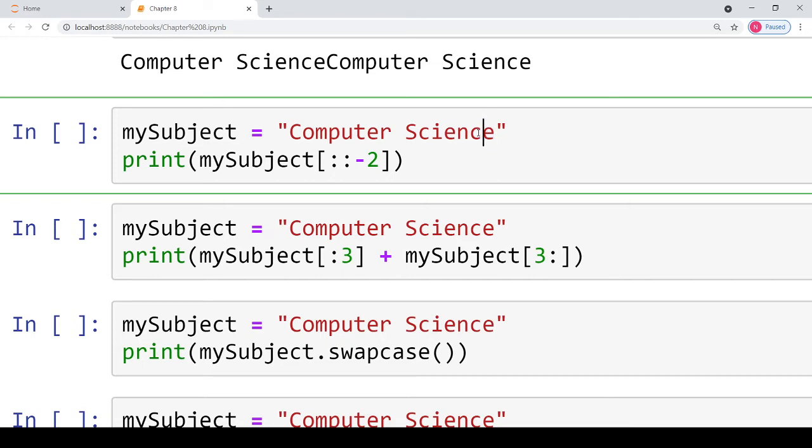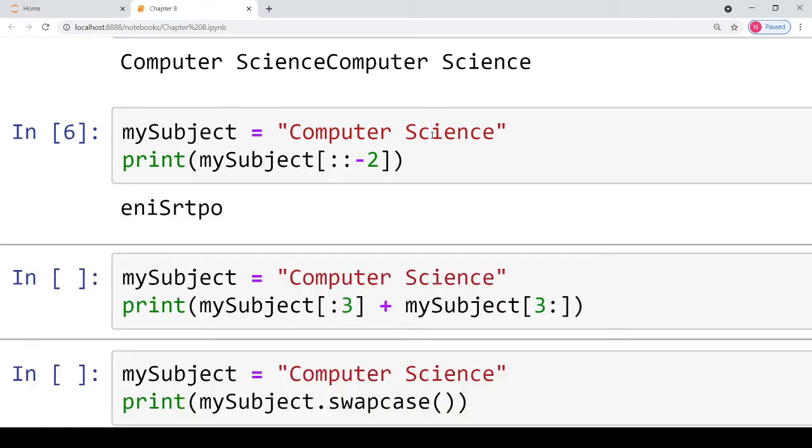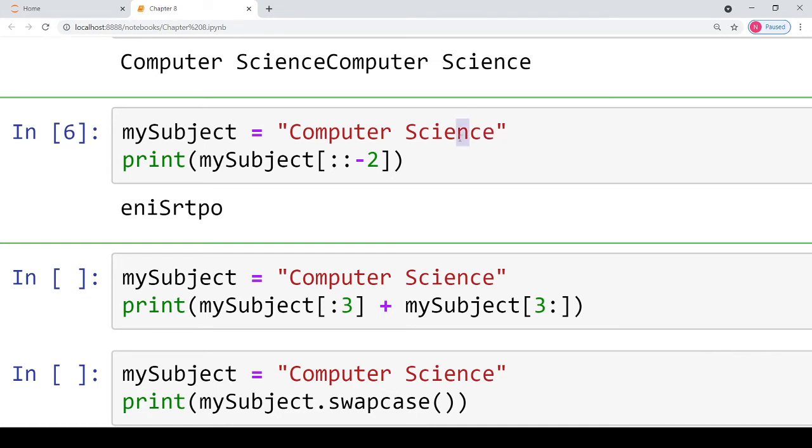Then you skip one character and print the next character. Then you skip one character, then print the next character, going from right to left. So the output would be the last character E, then N, then I, then capital S, the space character would be skipped, then R, T, P, O.